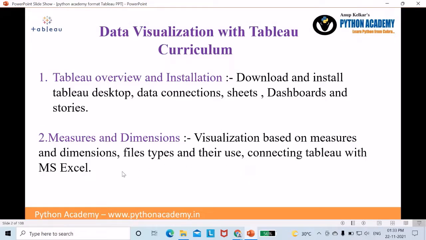Here, whenever we connect any data sheet or data source to Tableau, it automatically differentiates the data as per convenience, and it bifurcates the qualitative values and numeric, that is quantitative, values into dimensions and measures. At the same time, most of the data sources are available in MS Excel. Hence, how to connect Tableau with MS Excel we will see in this chapter.